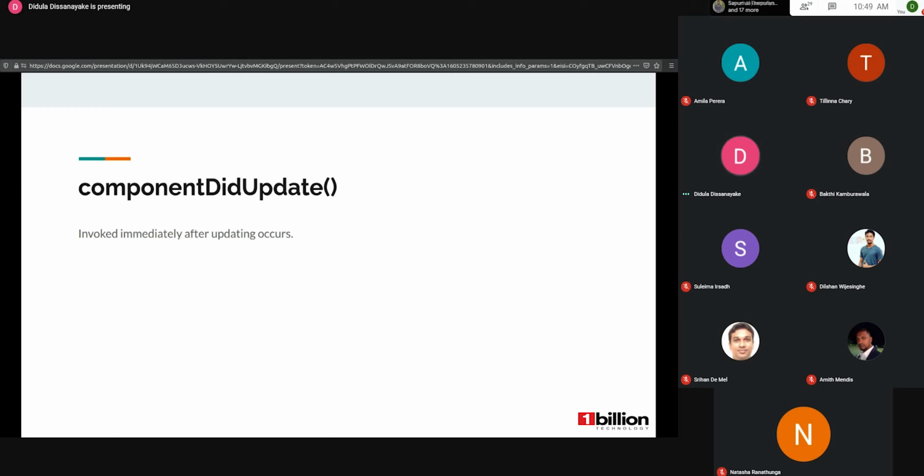But then again the state is updated. Then the component does the rendering again. Then it comes to componentDidUpdate again, because it doesn't care whether the update is restricted or not. So we have to handle it properly inside our component, inside the componentDidUpdate method. The state of the age is updated, then it comes into didUpdate. Within that we have only the calculation part, so it will calculate again and assign it again. Likewise it will be infinite.